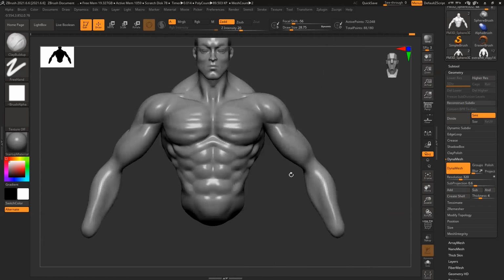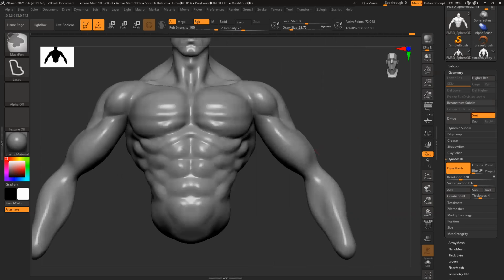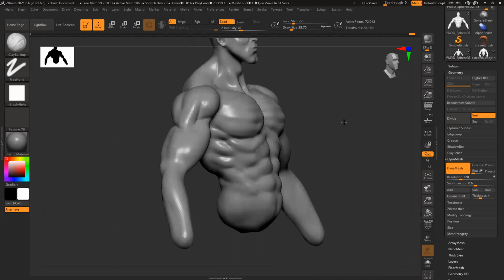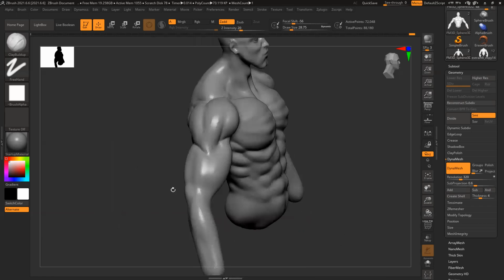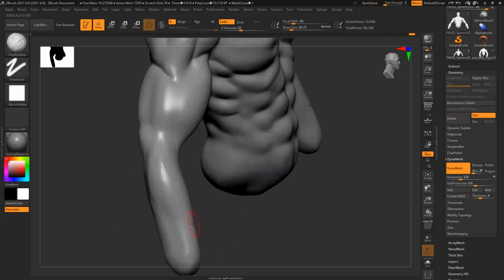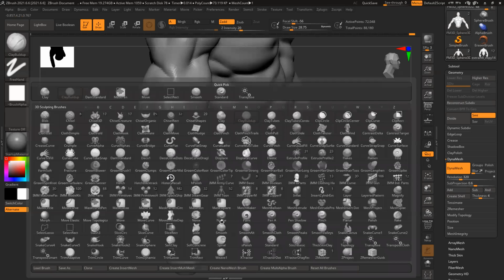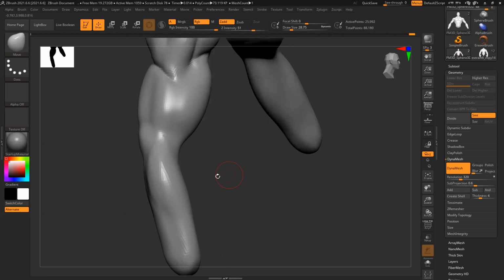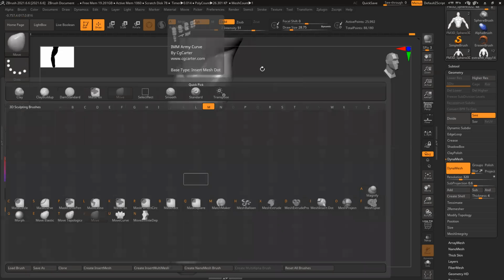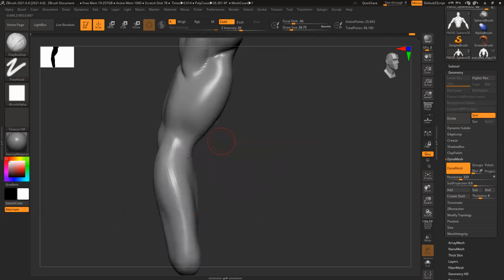Okay, now you have the biceps, and this biceps you have to create properly, the shape. This biceps is fine, but the only problem is the forearm is so thin. So BMB, I have to make it wide. Control Shift click on this so I don't affect the body. BCB, clay buildup.